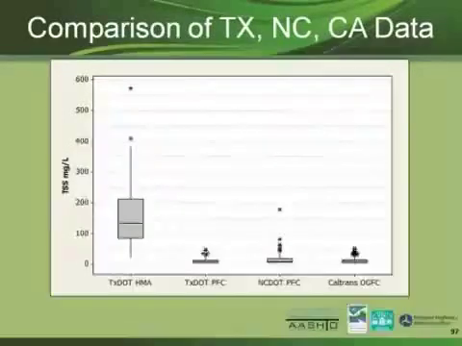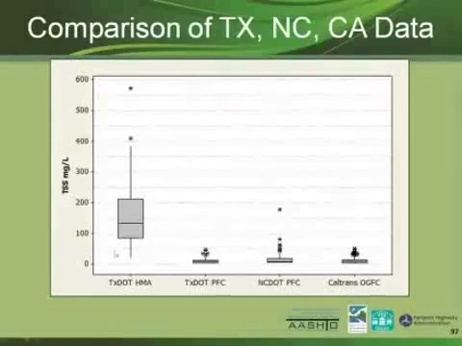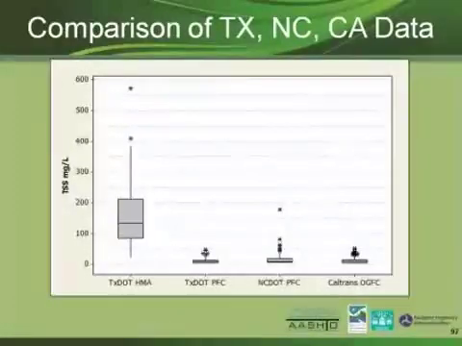So in the end, we did 3 sites for TxDOT, and here's a box plot of our data. This is the conventional pavement grouped together for all 3 sites, and you can see the median concentration is around 130 milligrams per liter or something. And here's the quality of the PFC runoff from the 3 sites we monitored. The median concentration there was right at 8 milligrams per liter,